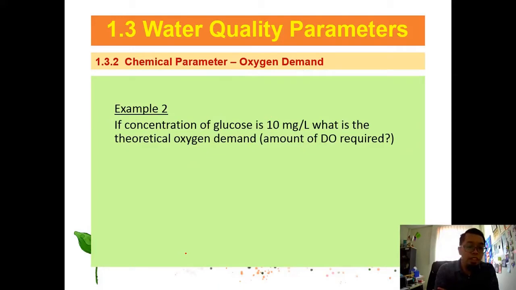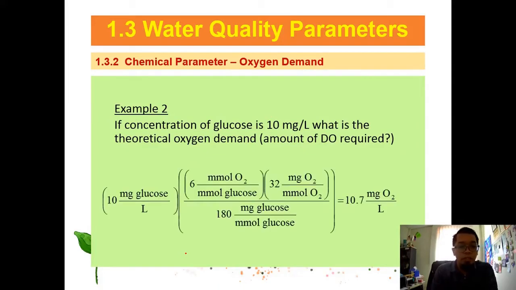Okay, if it is 10 mg, you can try 10 mg and check whether you get the answer or not. Okay, 10.7 mg per liter of the oxygen demand. Okay,